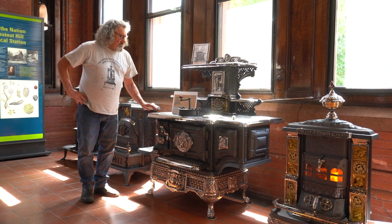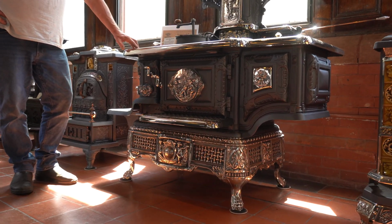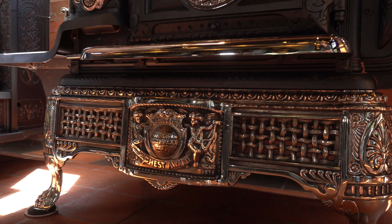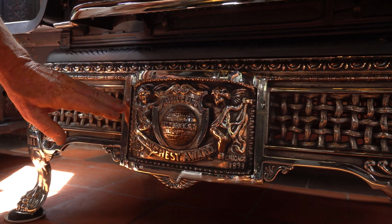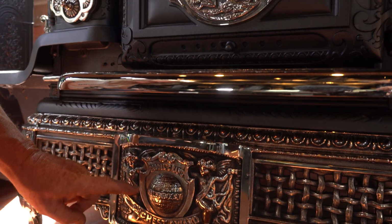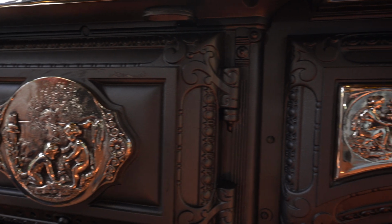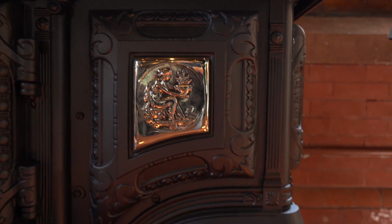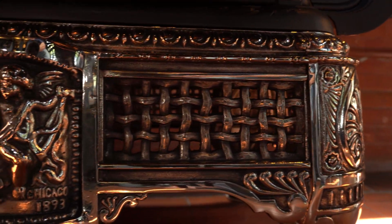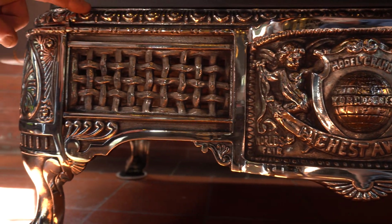But this stove was entered in the stove competition of the Chicago World's Fair in 1893, dubbed the Columbian Exposition. And the stove is all inscribed in various places here in the base with two cherubs dancing around the world where it says "World's Best," and then in the plaque saying "Model Grand, winner of the highest award at the World's Fair, Chicago, 1893." Beautiful reticulated basket weave base, egg and dart molding,